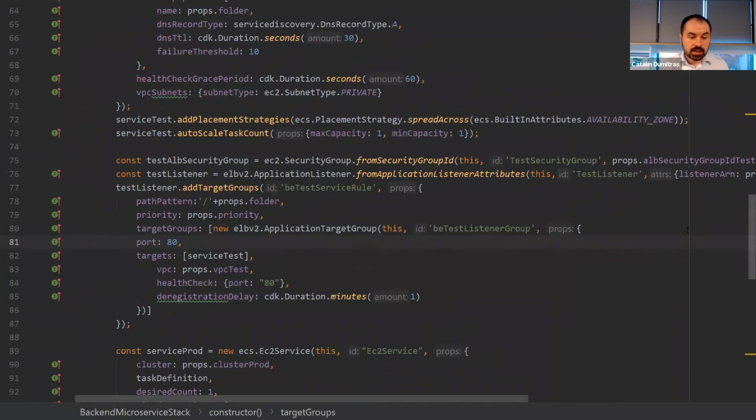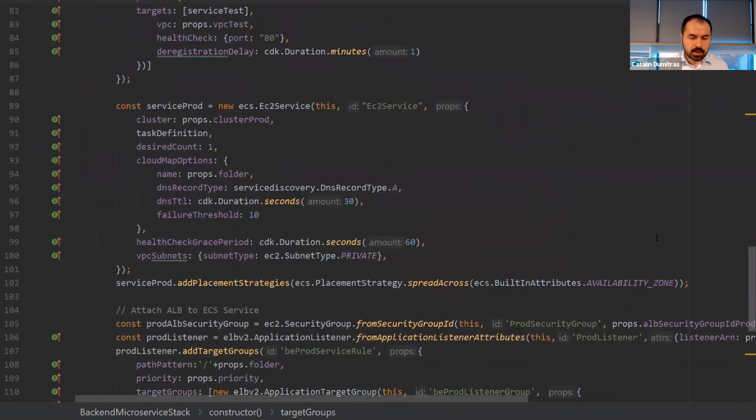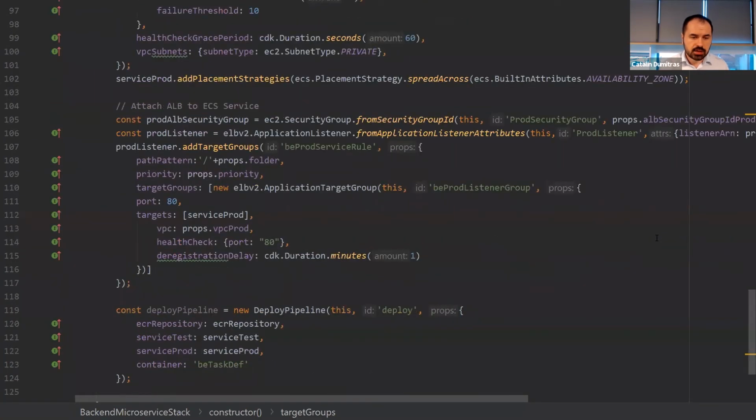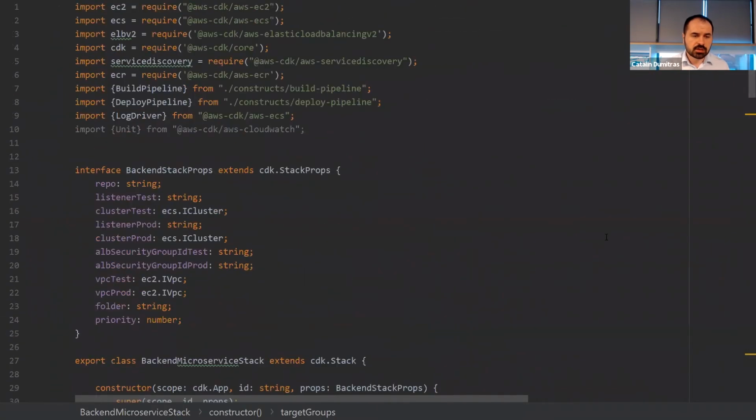Okay. So that's the difference. And the rest is relatively the same. Placement strategies, target groups, and the deploy pipeline, of course, that we already saw. All right. So considering we have this whole